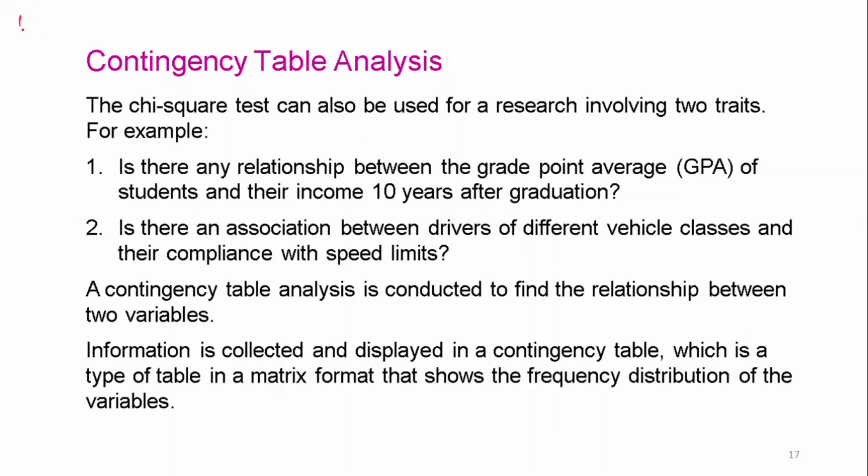Okay, second type is contingency table analysis, also known as the chi-square test for independence. Okay, so this one involves two categorical variables,